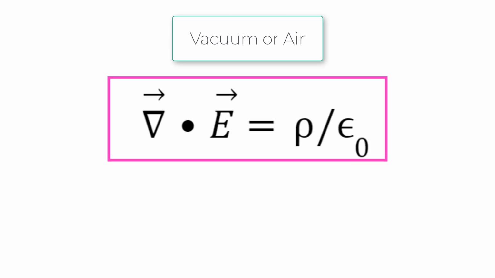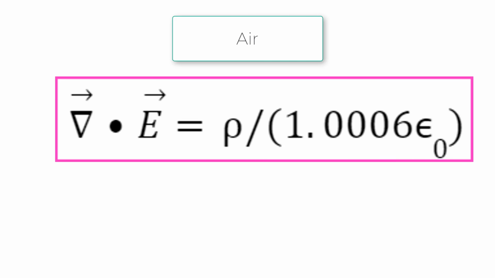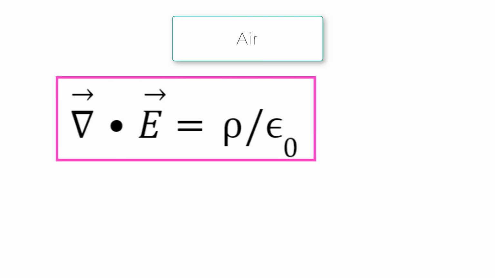units work out. This situation is so common that often we are given Maxwell's laws for that case as if it was universal. The divergence of E equals rho over epsilon naught, even though it only works in a vacuum or air at room temperature and pressure. Heck, even in air, this equation isn't 100% accurate, as the real equation is actually the divergence of E is rho over 1.0006 epsilon naught. But most scientists figure that is close enough to epsilon naught to not bother with the factor of 1.0006. However, don't be distracted by the constant.